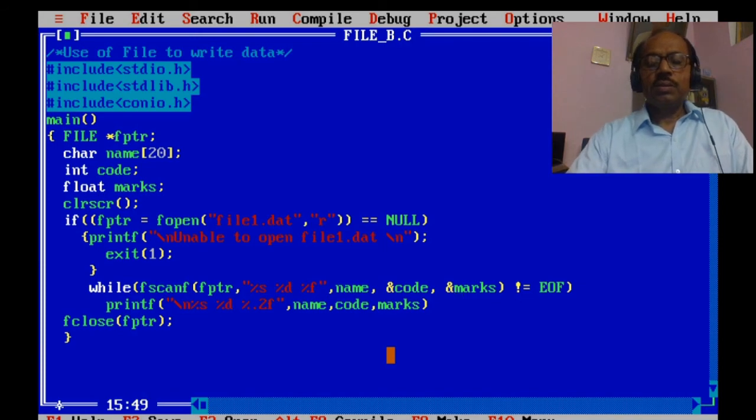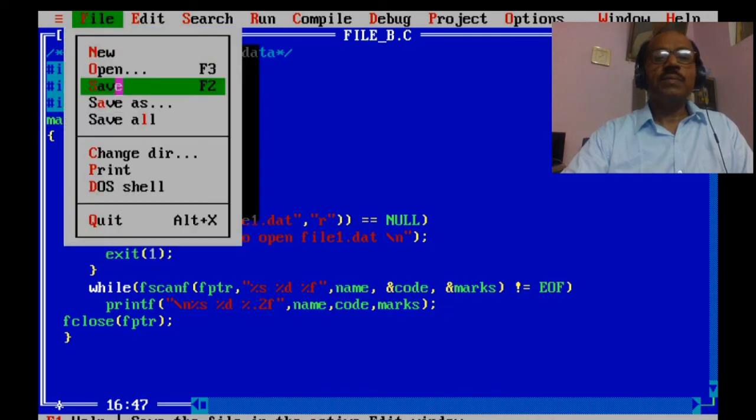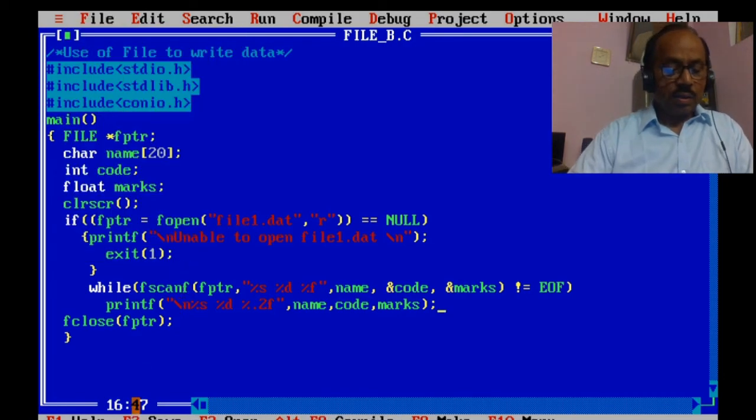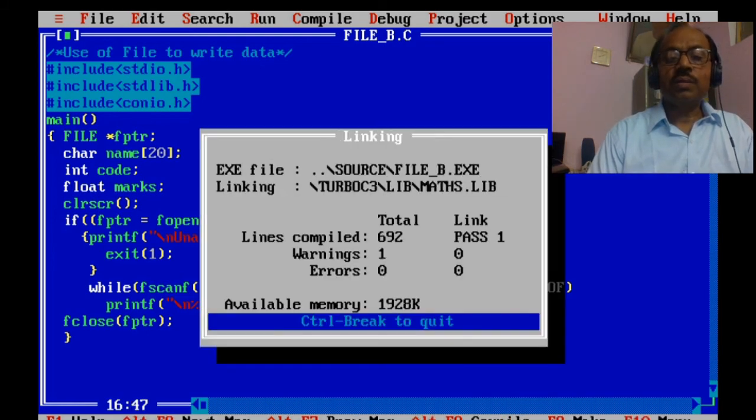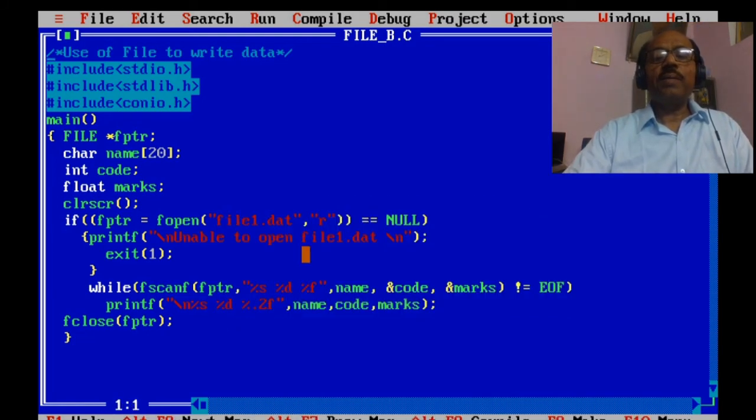Students, you know that a string does not require the address operator, that is, ampersand. So here this one is printf and this semicolon. Okay, now save this program and execute it. Yes, all these have been executed.